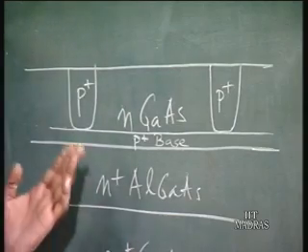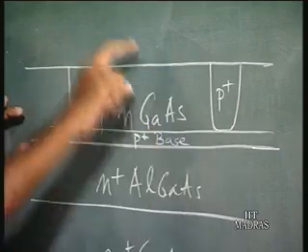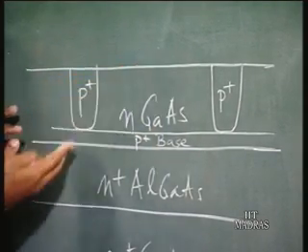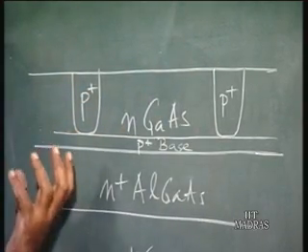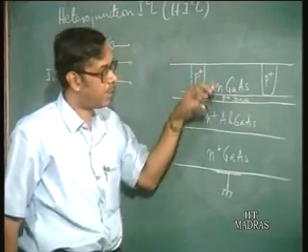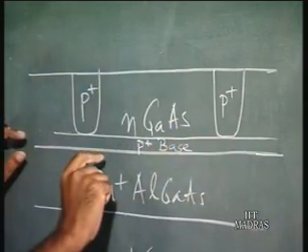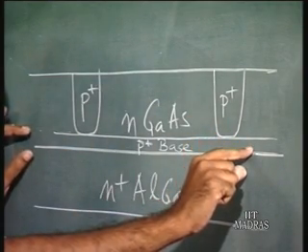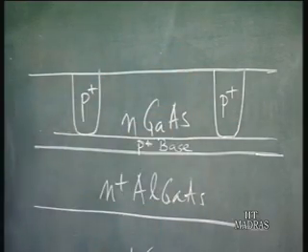See, as some of you may be aware, through implantation it is possible to form a junction beneath the surface. That is the difference between diffusion and implantation. For diffusion the entire region has to be P. Here, depending on the energy of the implant, the element you are implanting can be implanted deep inside the semiconductor. So, this P plus implant is done under the surface of the semiconductor, so that this region becomes P plus, and then you do a normal implant like this. So, this is P plus.